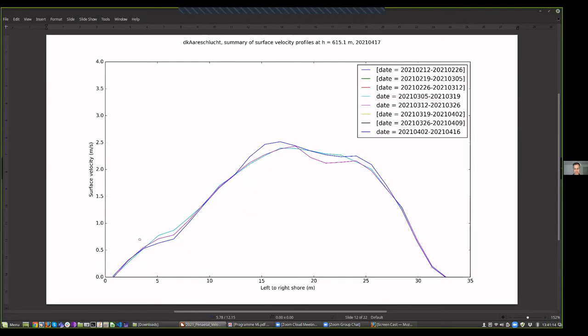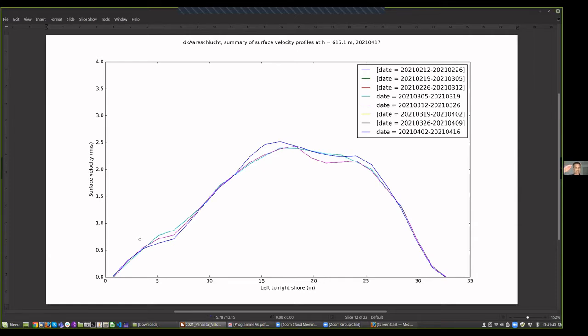But what was a bit more interesting for us was to compare what is happening over time, if this shape is changing. So we compiled 2 months of data, and here is the highest level. We divided those months into 15-day periods, so each line represents 15 days. But here, at the highest level,